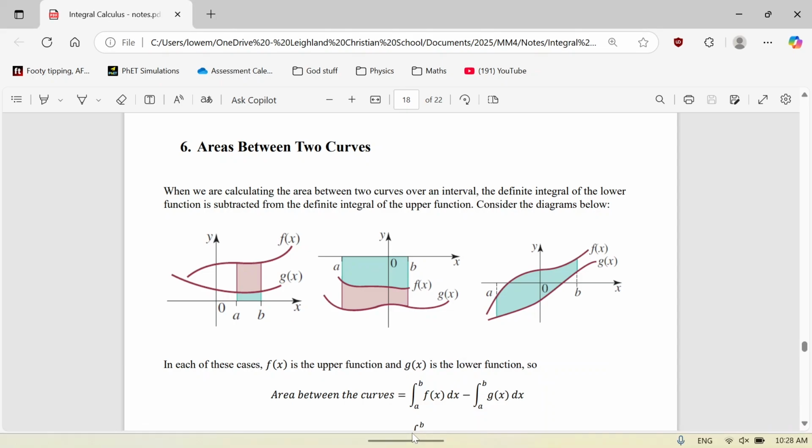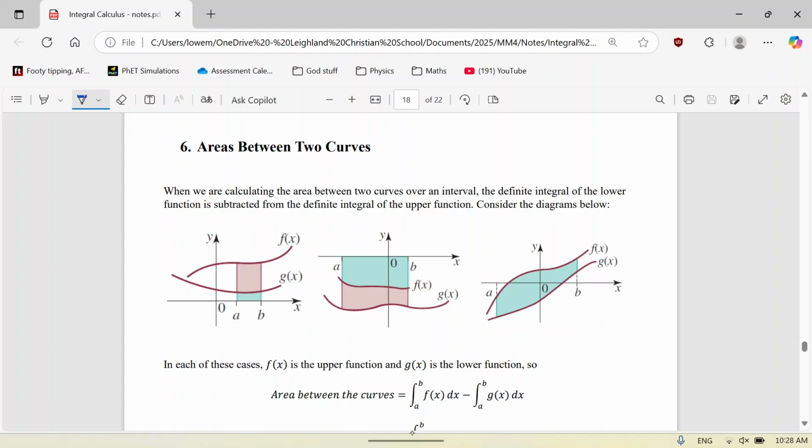All right, we're looking now at finding the area between two curves. So have a look at these three examples that we have here. First of all, this one here on the left. If we're wanting to find the area between the curve of f of x and the curve of g of x, remember that when we're finding the definite